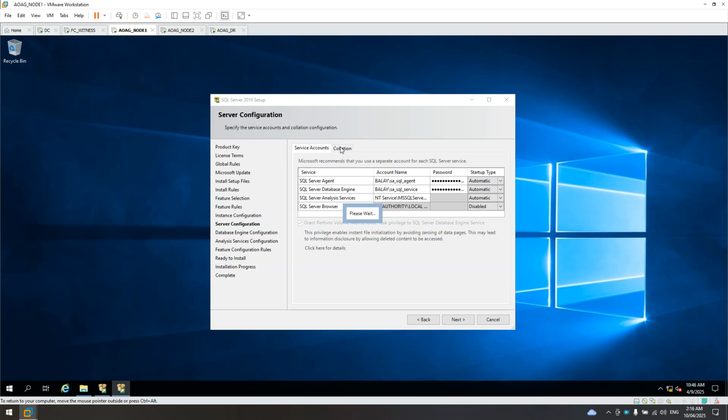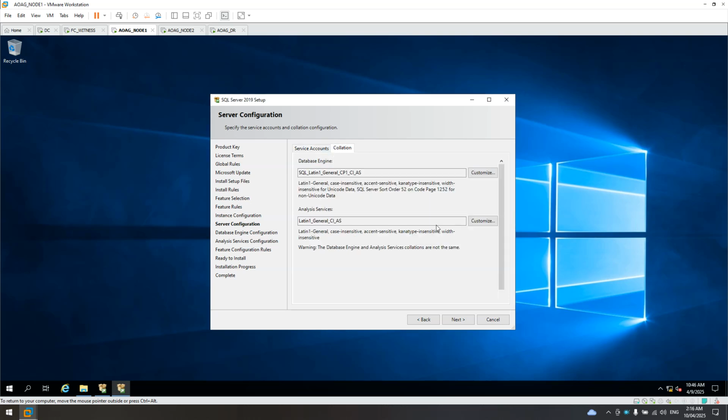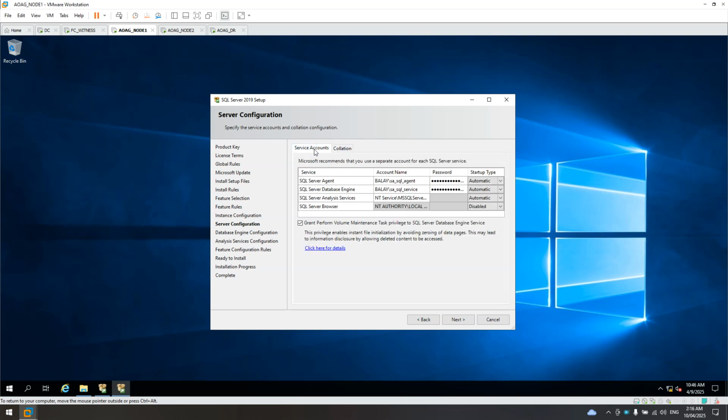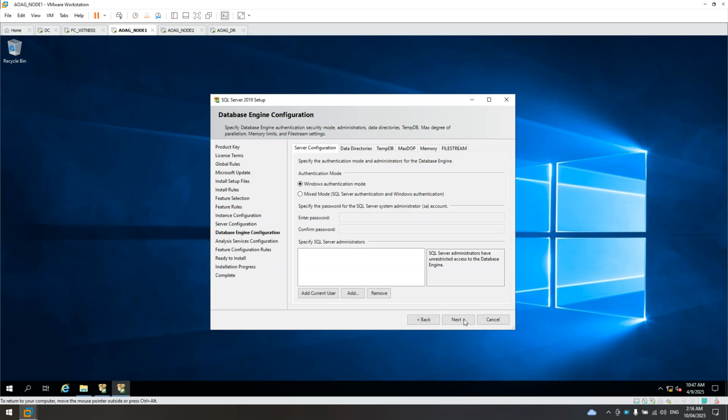Collation. If you want to configure the collation, change the collation. We'll leave it as the default collation. And click next. Mixed mode. Make sure you use mixed mode and type in the password for the SA system admin account. Then add current user. Click that one.